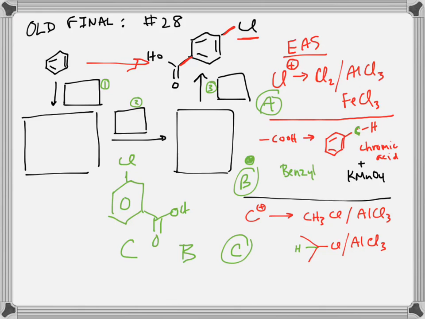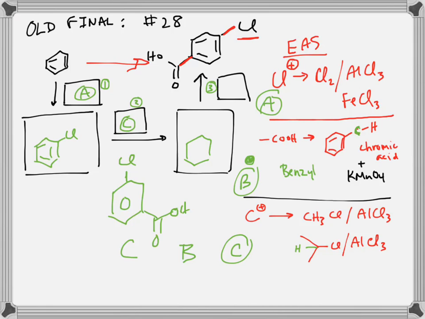I'd want to do the A step first. Okay? So if we go through and do A first, I'm just going to write A there. We would get our chlorobenzene. What step do you want to do next? We do step C, and we would get,